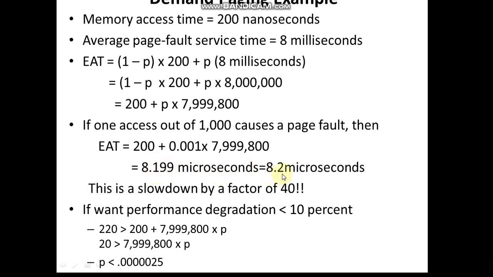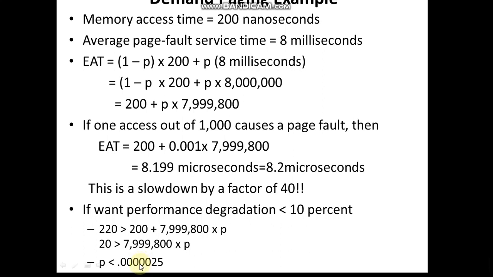When you approximate, you get 8.2 microseconds as the effective access time. This is a slowdown by a factor of 40. If we want the performance degradation to be less than 10%, this is what you are supposed to take care of: the page should be available in memory 25 times divided by